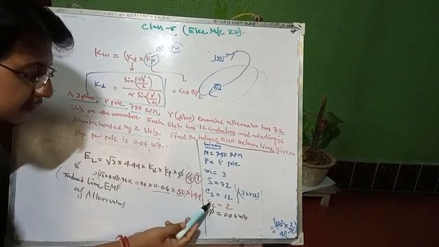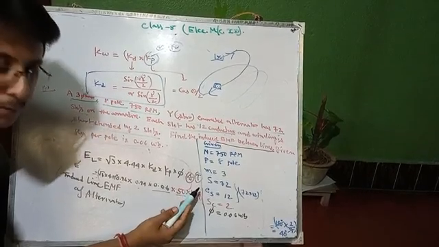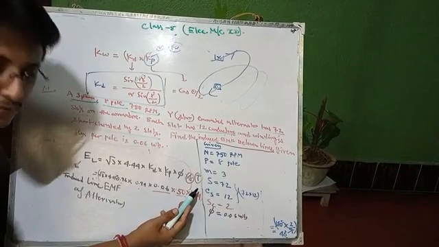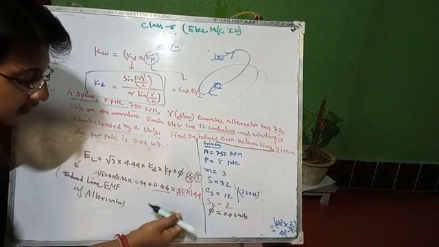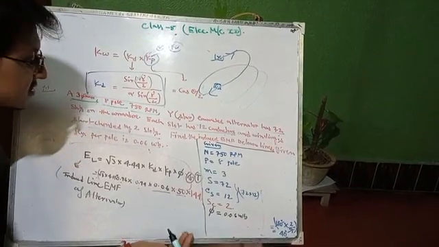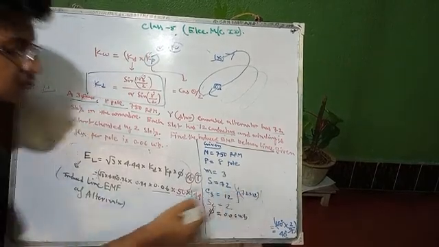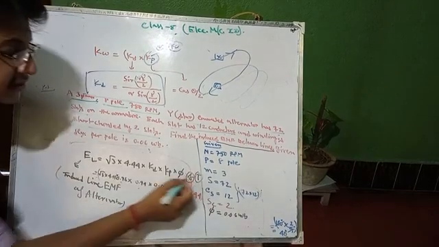So 144 turns are there. The number of turns should be calculated using the number of series conductors per phase divided by 2. The number of series conductors equals the total number of conductors divided by the number of phases, and the total number of conductors is given as 72 into 12. So in the third step you can easily find this T calculation.